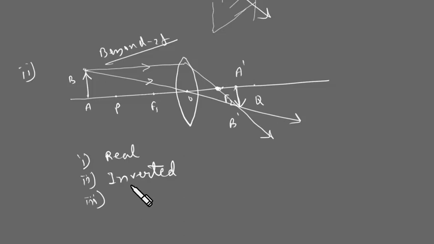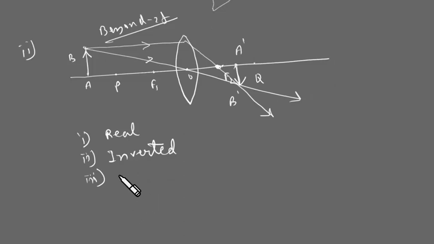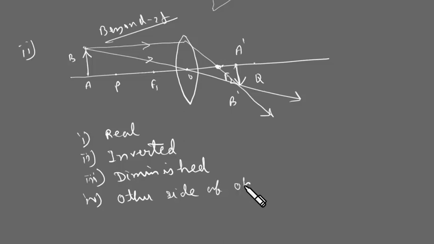It must be inverted also. And then again it is diminished because A prime B prime is smaller than AB here, and then it is on the other side of the lens,